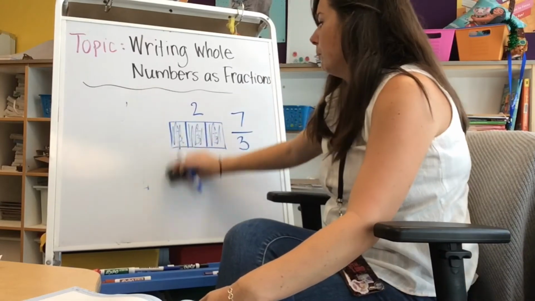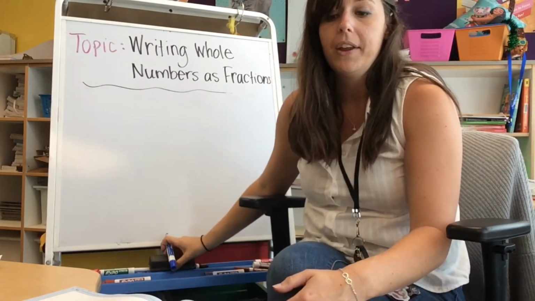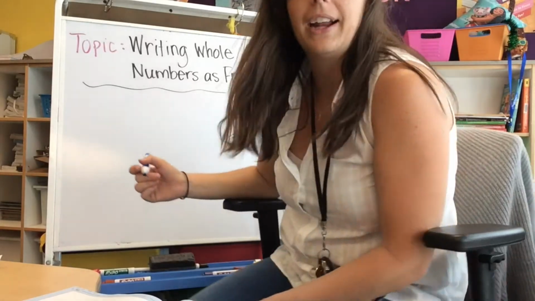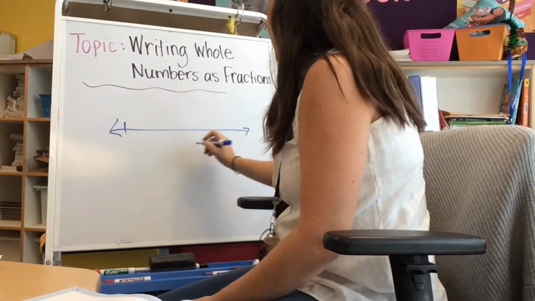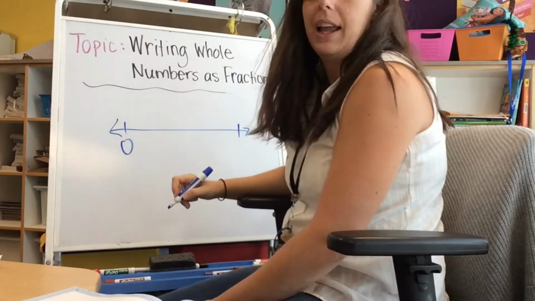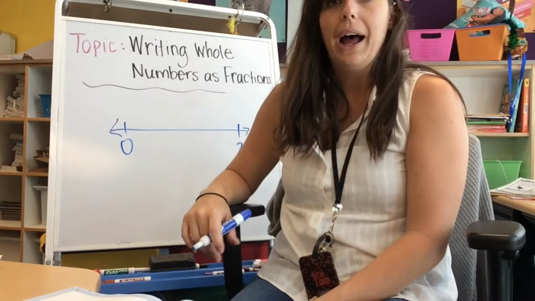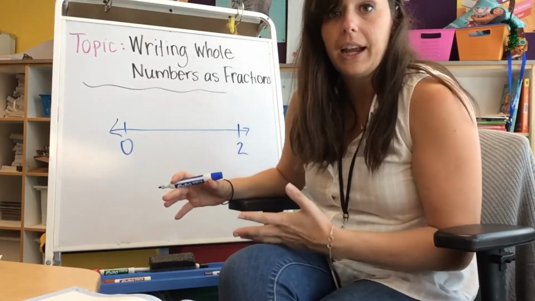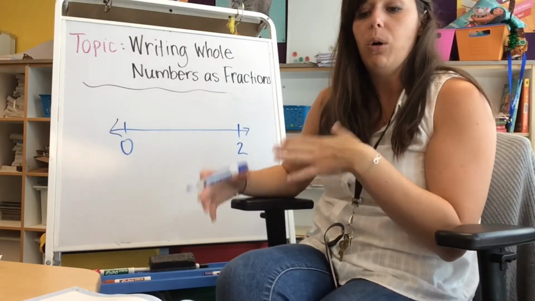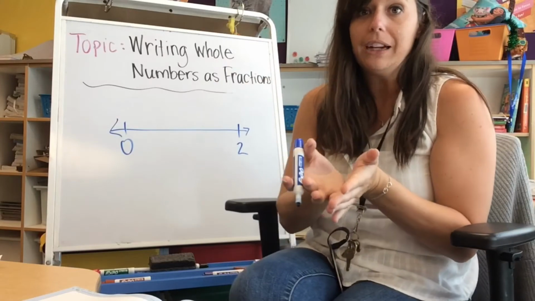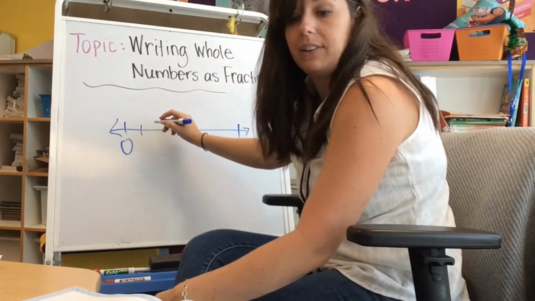So I've now used models to show wholes and how to make a fraction into a whole. Next, we're going to do a number line as well. So, here is my number line. I'm going to start it from 0, and I'm going to go to 2. Now, I can do this and split the number line up, and it's going to also give me a fraction to make a whole. The number line is going to show me equivalent fractions that would be equivalent to a whole. So it's obvious that when I split this up,